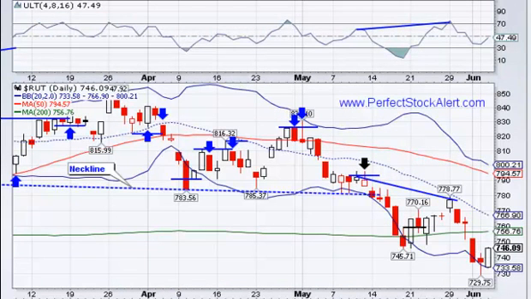The Russell 2000 Small Cap Index, same overall story. Overall trend is clearly defined as being down. But you do have a signal from yesterday's hammer candlestick formation, with confirmation today. Higher series of highs, higher series of lows. Everything telling you you could be a buyer here for a counter trend bounce, with the stop set right here. Again, this is also giving you confirmation on the ultimate oscillator, telling you that you have a bullish divergence